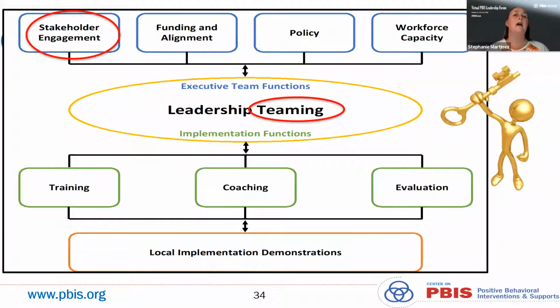So what we're going to be talking about a lot in a few seconds is what does this actually look like when we're implementing a tier 1 system at our school? You really need to have all of these in place, but two of the big keys here are having that PBIS team, so the leaders at your school who will be leading the efforts, and also stakeholder engagement and getting the feedback and input from all of your stakeholders. When we talk about stakeholders here, we're talking about not just the staff at your school, but also families and students as well, so they buy into the process and making sure it's culturally responsive to your school.